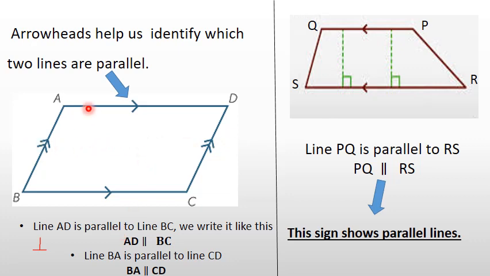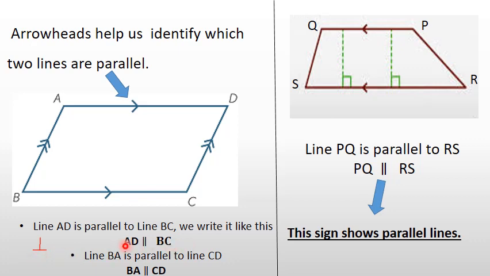So when I know that AD and BC are parallel to each other, how would I actually write it? If you remember, when we were doing the perpendicular lines, we used to make what sign? For the perpendicular we have this sign, right, which I have just made, and for the parallel we have this sign. You can see here, for two parallel lines we use this sign, and for two perpendicular lines we use this sign.